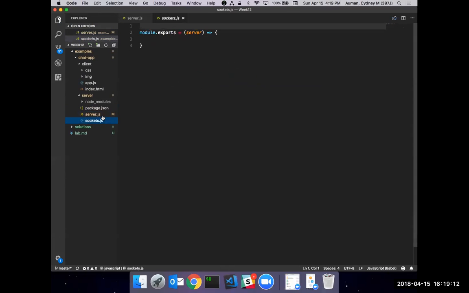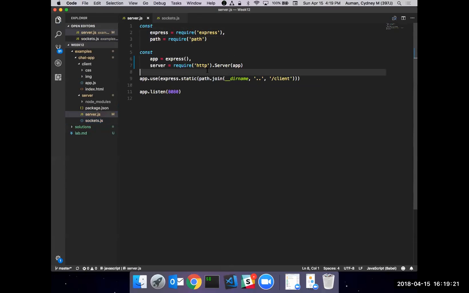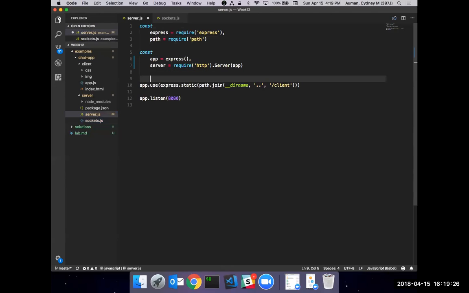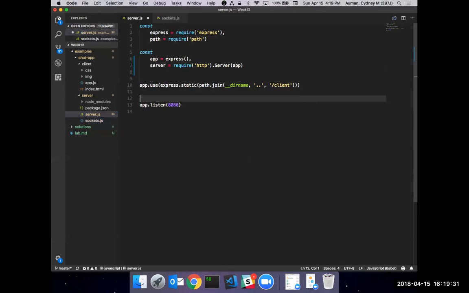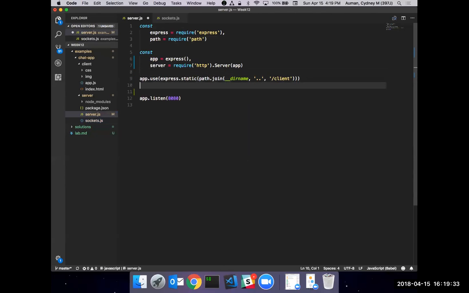And we do have a file here, and this file is going to contain all of our socket logic inside of it. It doesn't have too much going on inside of it right now, but since we know that we're going to be using this file for our socket logic, we do want to require that file in, right? So we can just require that file in by its path. It's at the same level as server, and it's called sockets, so we can bring that in.